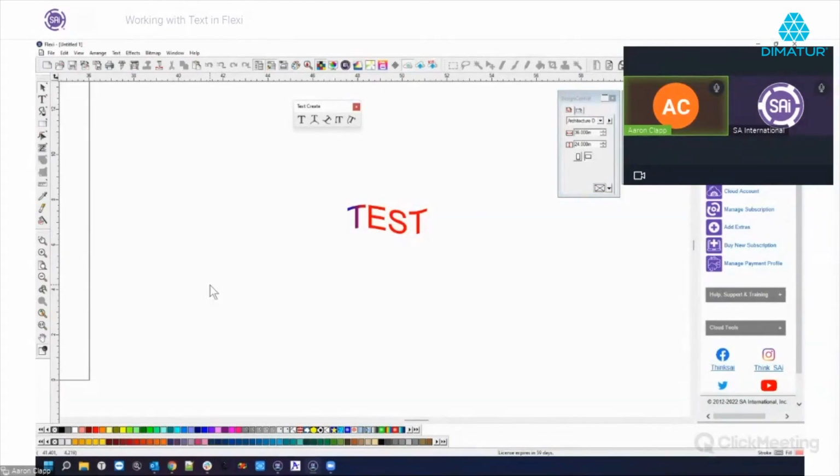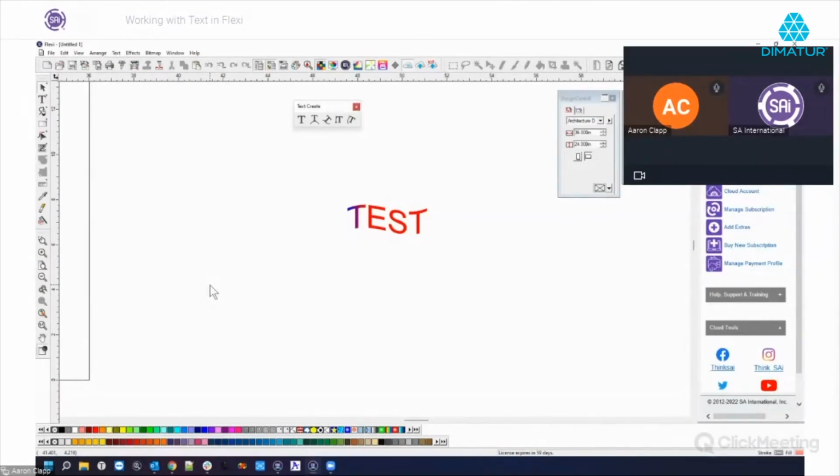it is something we are looking at and trying to figure out in terms of what's the best way to kind of make that user friendly without making it too complicated and weird. So yeah, that's definitely on the list of things for newer versions of Flexi. I don't know when, but